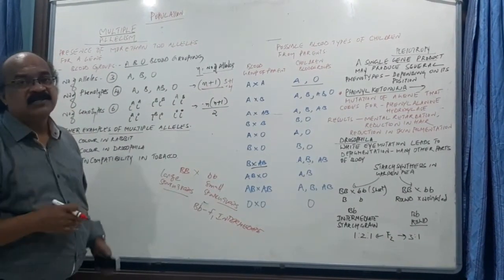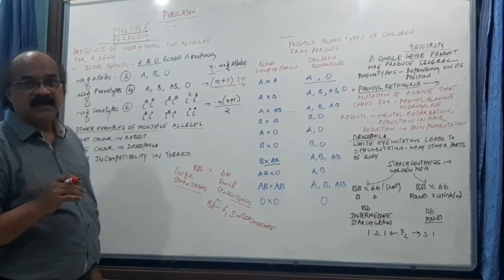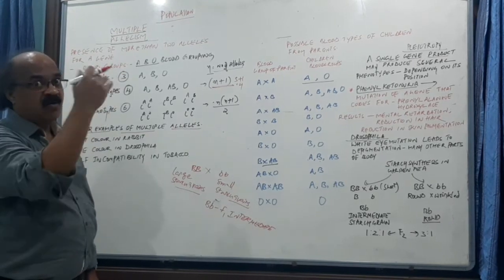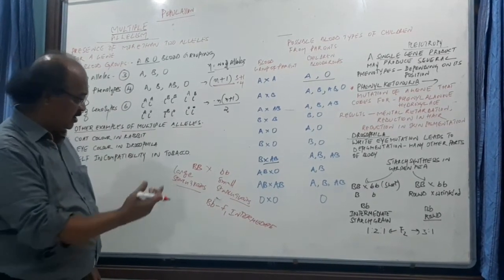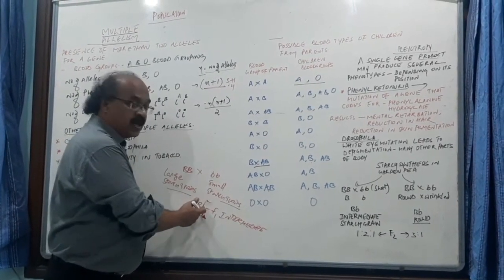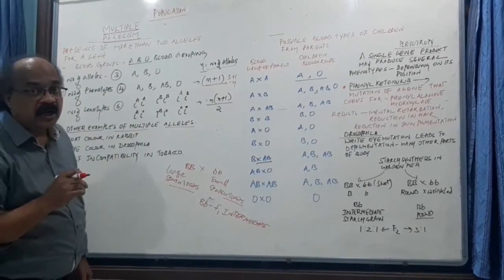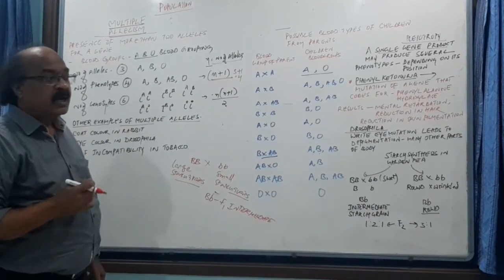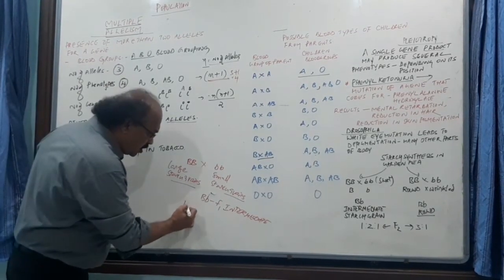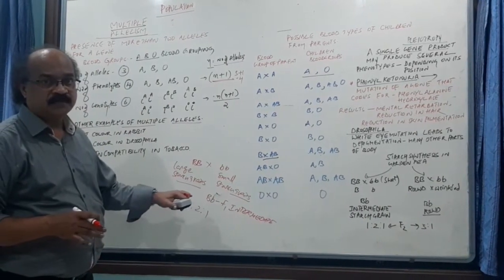We already discussed the dog flower, the 4 o'clock plant. We are getting pink flowers from the red flower and white flower. Here, large starchy grains and small starchy grains give intermediate. This is a standing example for incomplete dominance. In incomplete dominance, the F2 ratio, whether phenotype or genotype, is 1:2:1.